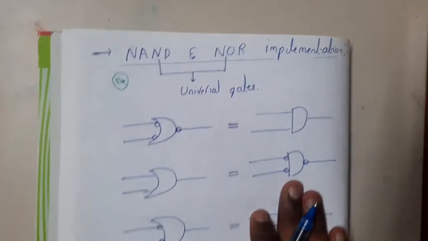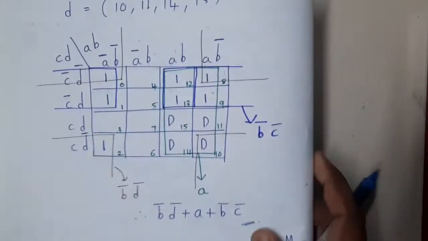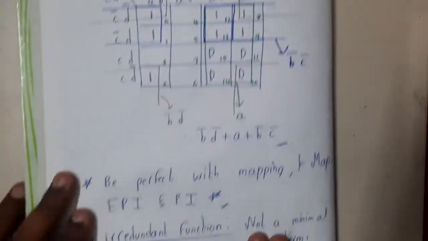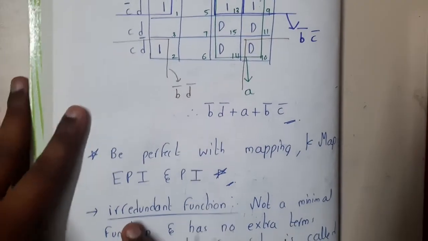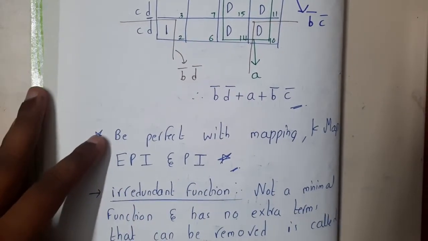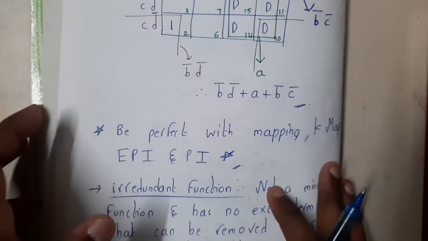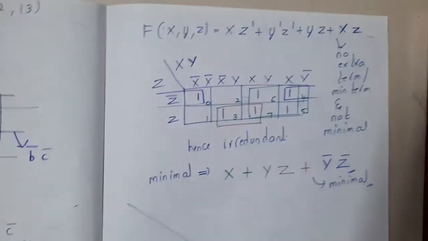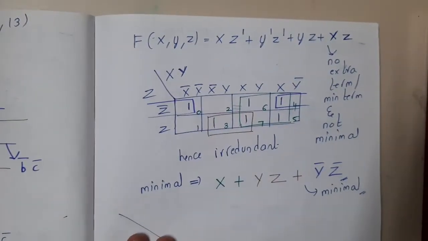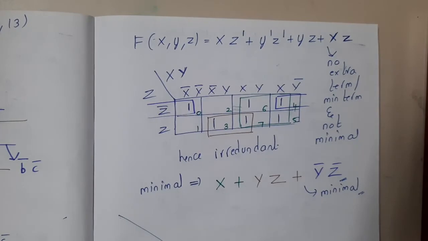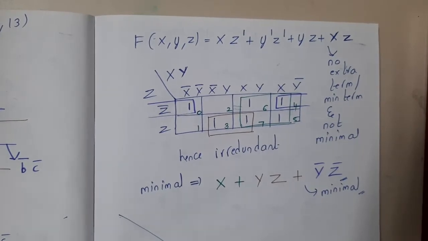Before continuing with the next topic, in the previous topic, I think a few students got some confusion, guys. The confusion is: what exactly are irredundant functions? I think I did not solve it on a piece of paper, and that's the reason why a few of you got confused. So anyway, let me explain it on a piece of paper now, guys.